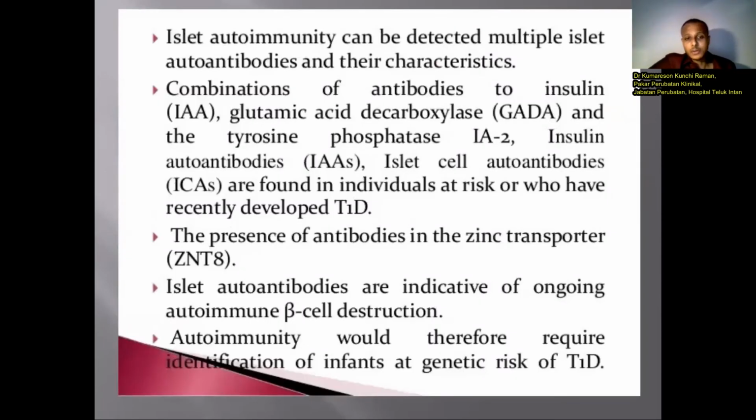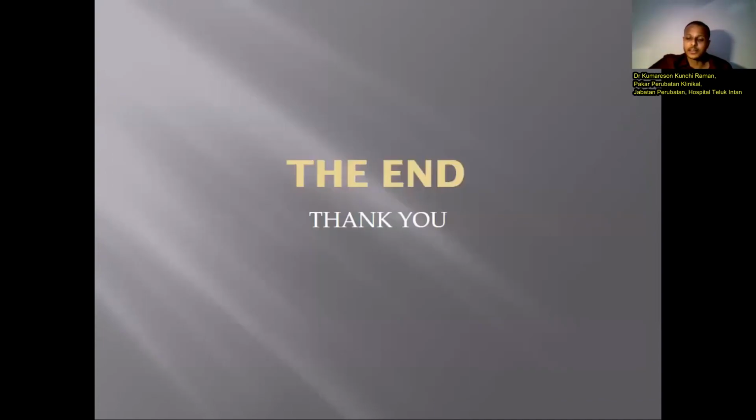And these are the few antibodies that we find in type 1 diabetes. Islet autoimmunity can be detected in multiple islet autoantibodies and their characteristics. So we have IAA, IA2, insulin antibody levels, and also GAD levels, glutamic acid decarboxylase levels. So these are a few of the antibodies. There are actually more antibodies that we have come across, but these are the ones which are more famously investigated. So this actually basically concludes my entire slide presentation, as I have basically enumerated the risk factors,